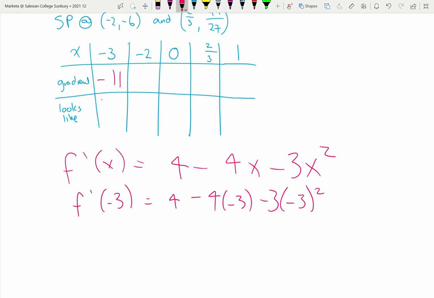So that means that the tangent slopes like this. We already know at -2 it's a stationary point, so the gradient is 0. And at 2/3 as well, so I may as well put that one in. Then at 0, if we sub 0 into f dash of x, you can see you're going to end up with 4. So that's positive, up the hill. And then at 1,